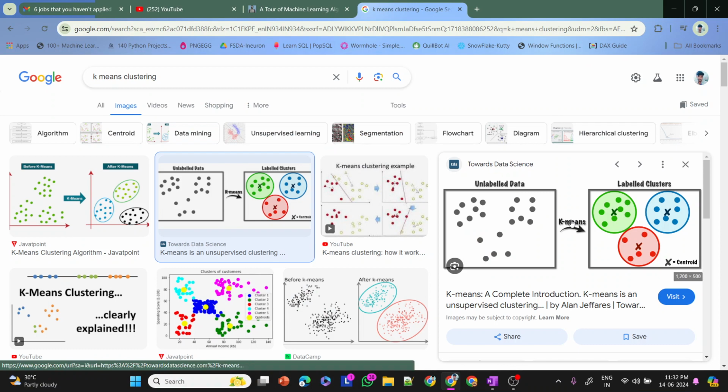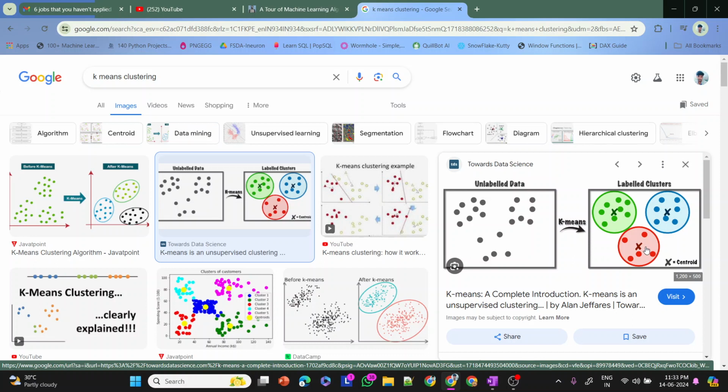By applying k-means, it will first find a centroid and put it, and then whenever we put input to the model, it will find whether the new point belongs to this cluster or this cluster,